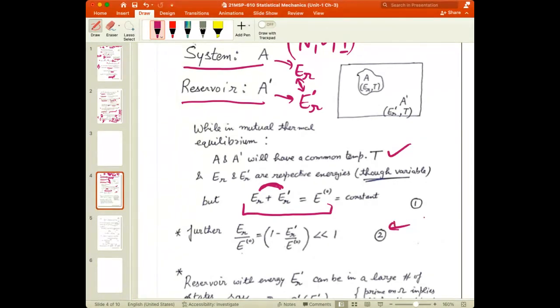But as I said, this is a very important argument, that my reservoir has a large heat capacity. It means my heat reservoir is very large as compared to the system. So basically the magnitude of this E_r prime is very, very large as compared to E_r. So most of the